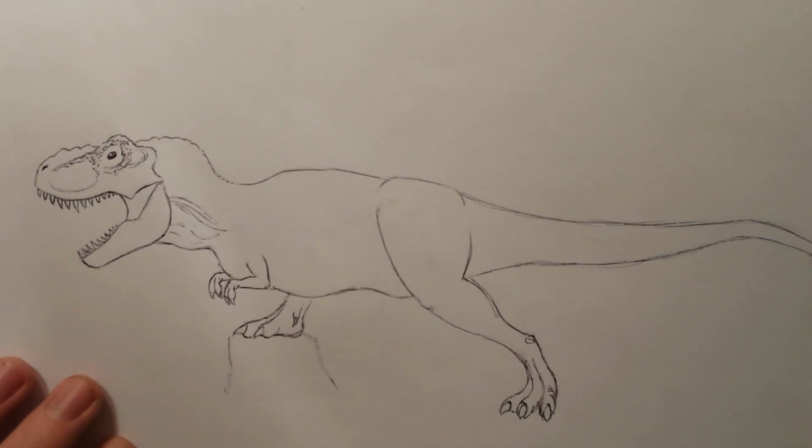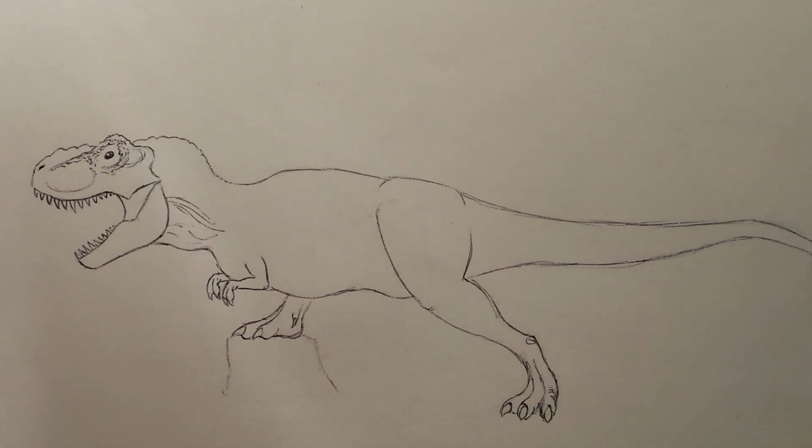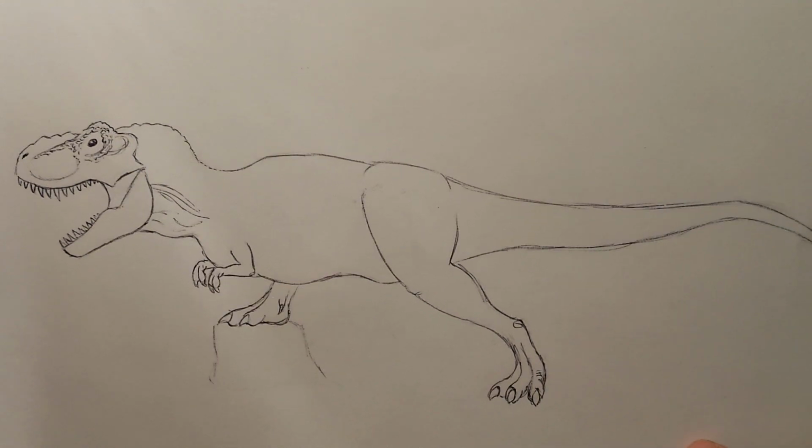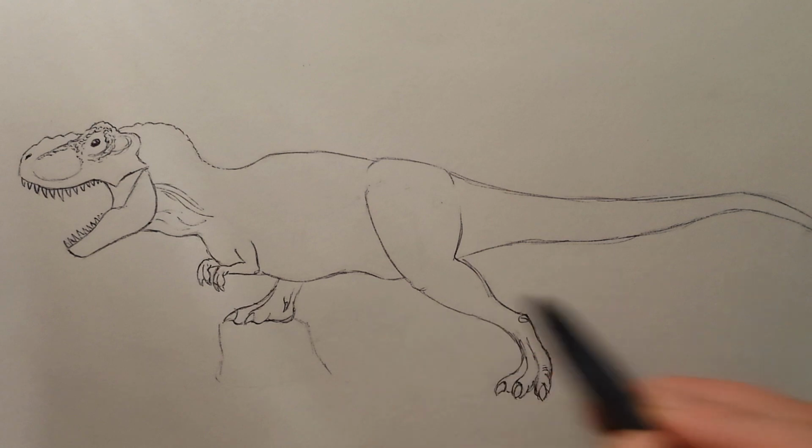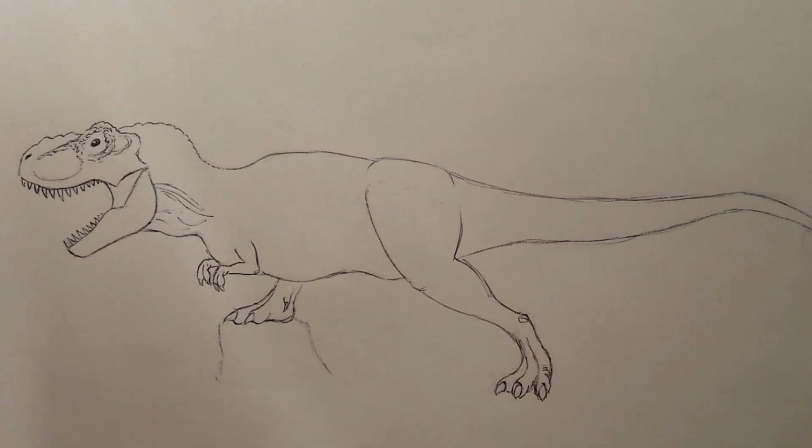So yeah, there you have the basics of the male T-Rex, and I'm gonna end the video over here. I'll be making a second part in which I will put a little bit more detail into the drawing and finish it up a little. But yeah, so now you know how to draw the basic shape of the male T-Rex from the Lost